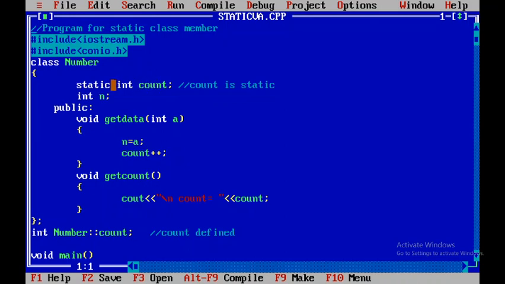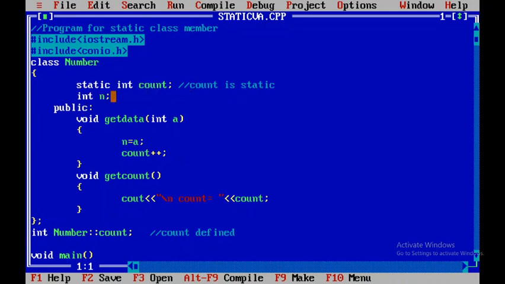So our count is static. Static is a keyword and must be written in small case. Int is again our keyword for integer, so static space int space count. This is the declaration of the static variable, so count is static now.